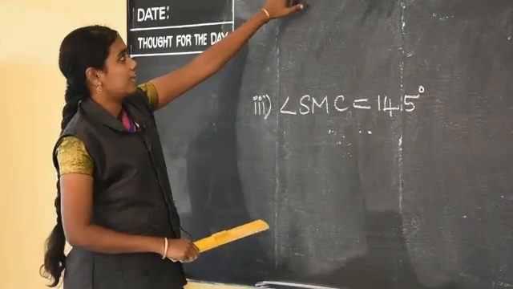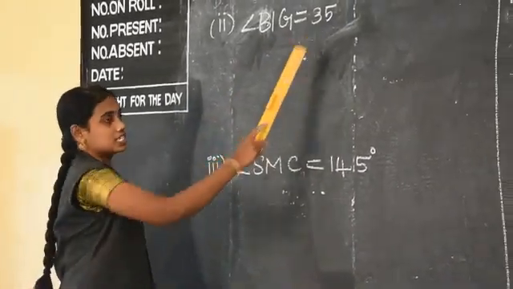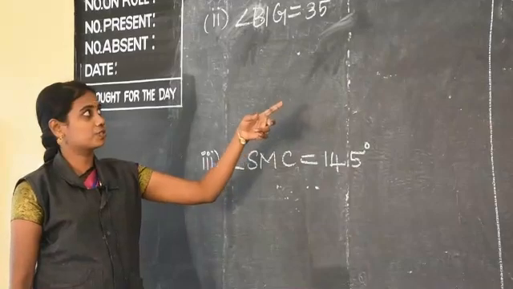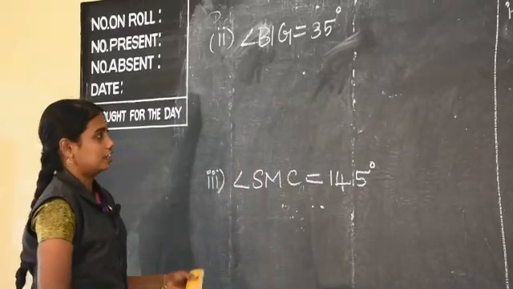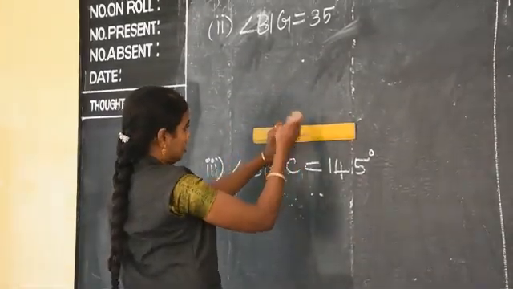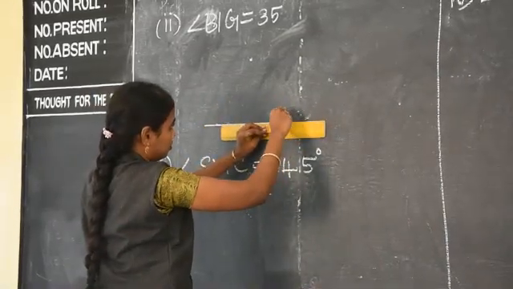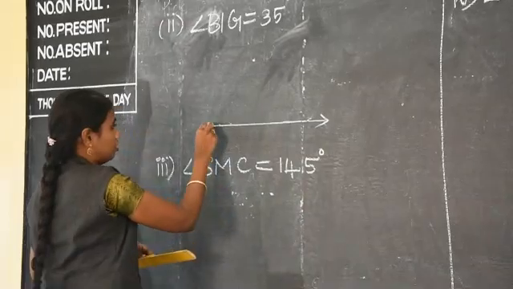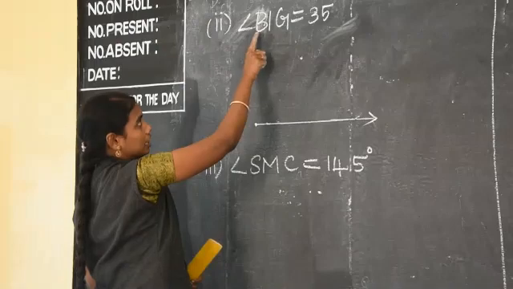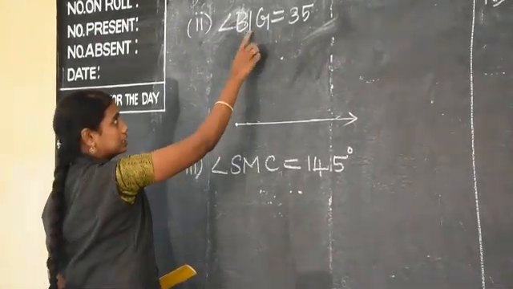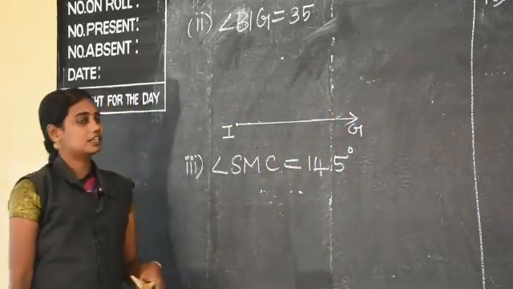Now option 2, angle BIG 35 degree. Okay, 35 degree is acute angle. First option we saw 90 degree, that is right angle, this is acute angle. Now as usual, first draw a ray. For your convenience, you can draw lengthiest one or shortest one. So now giving name. So how will you give the name? Leave the B, second letter and third letter. Second letter should be the first one, IG. Okay, give a name IG.